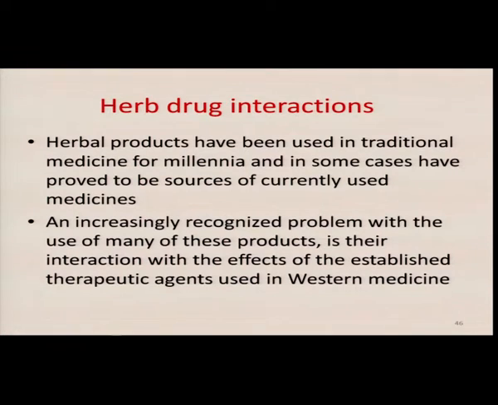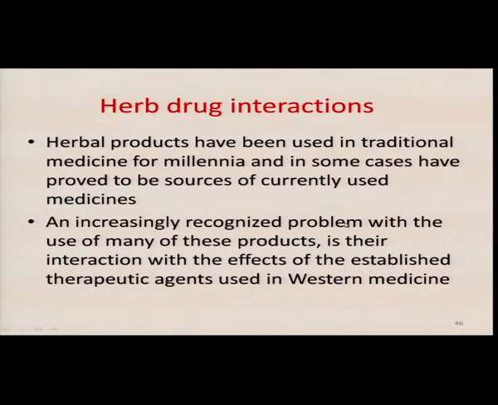For example, the origin of aspirin from the Salix plant, or even atropine for eye diseases. We knew that this particular plant or extract can be used, then the component with medical activity was noted, and then we have the artificial synthesis of the particular component which is used in your regular allopathic medicine. So, this traditional knowledge has been taken up to be the basis of the formation of the current allopathic medicines.